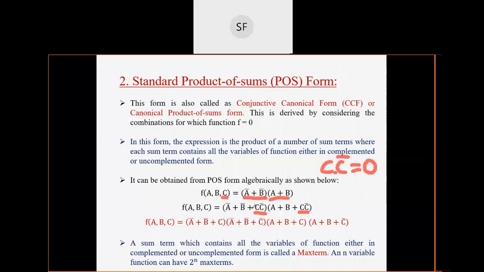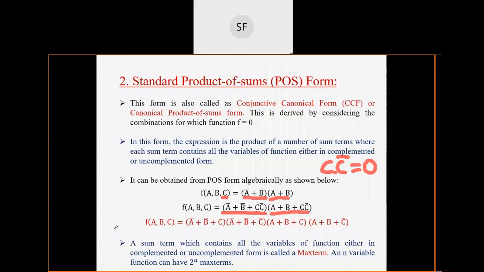So what we are actually doing here is adding 0, and addition of 0 means nothing. So hence these two brackets are exactly equal. Here also we have added a bar plus b bar plus c bar, and here also we have added a b plus c bar. If variable a were absent we could have added a bar, and if b were absent, b bar, right?